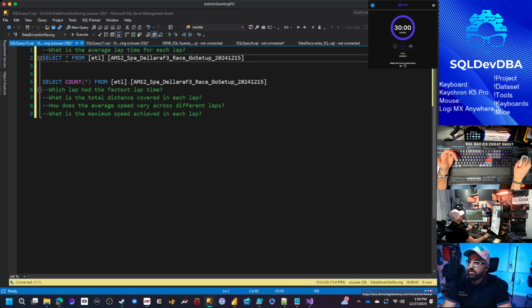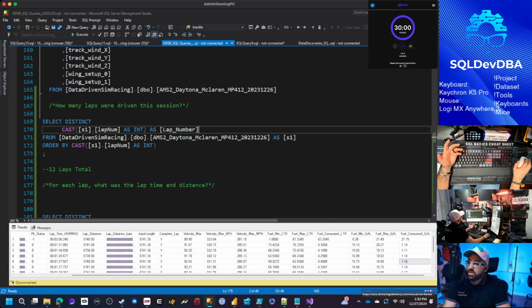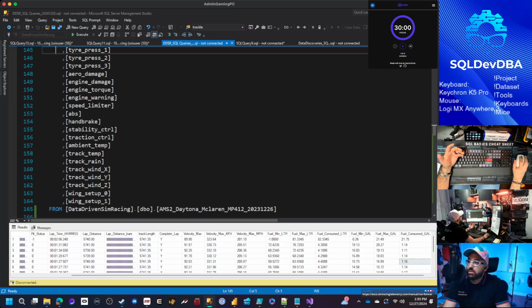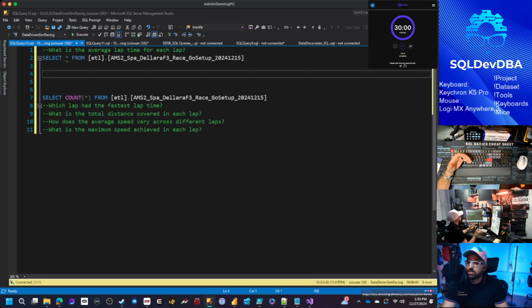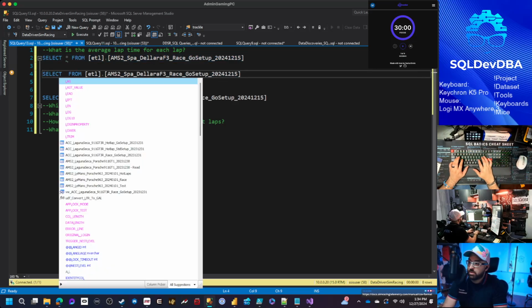But I happen to know that lap num is the indicator of which lap you're on. Not only that, but because I did so many of these queries yesterday, I know that everything's coming back in text, so you have to cast it as an integer or as a decimal for it to work as a number. So what I'm going to do is select lap num